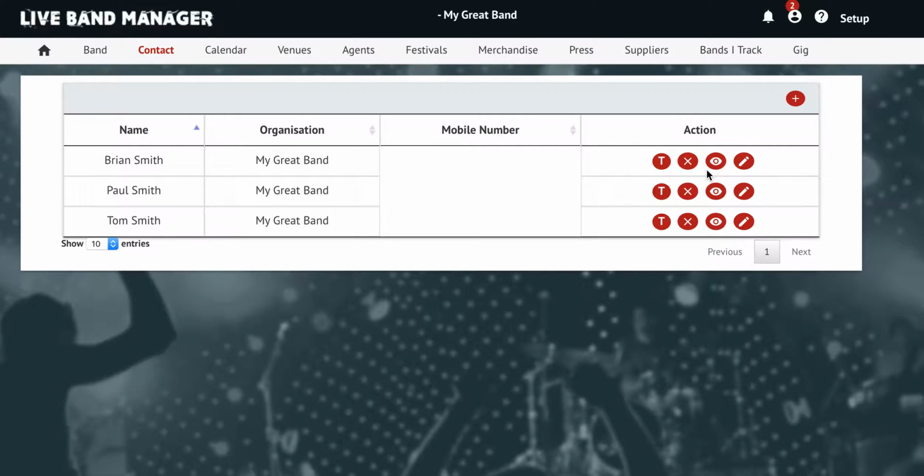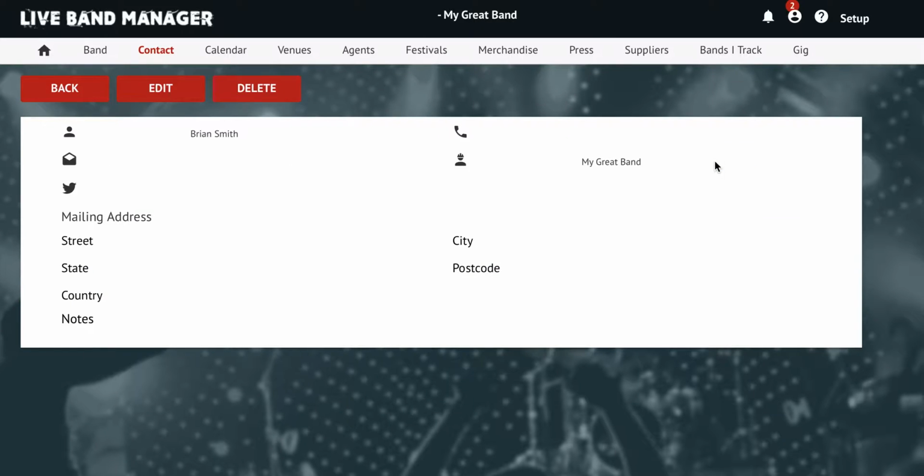The X button will delete this contact. That will be the end of Brian Smith. You can use that when you sack him from the band. The eyeball is used to have a look at that record in further detail, and then the pencil is to edit that record. So if we just have a look at Brian's record here,